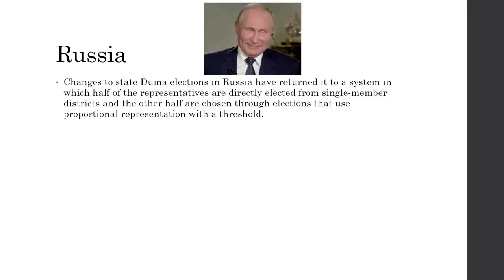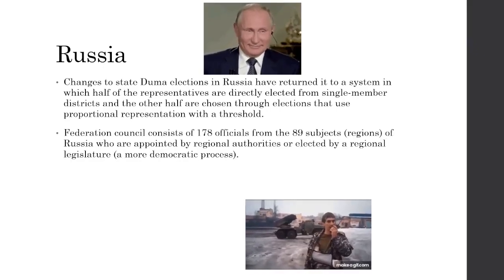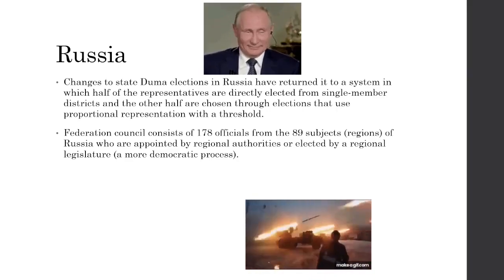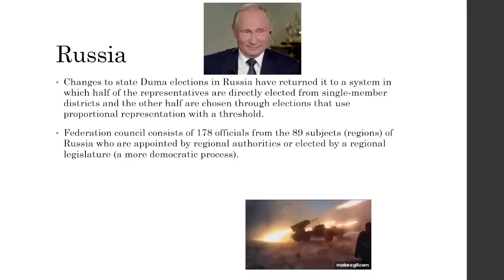Now let's look at Russia. So the changes to the State Duma elections in Russia have returned it to a system in which half of the representatives are elected through single-member districts, and the other half through proportional representation with a threshold. So you need to earn a minimum proportion to win any seats, which is a little different than in Mexico. The Federation Council, the upper house, has 178 officials from the 89 regions of Russia, and they